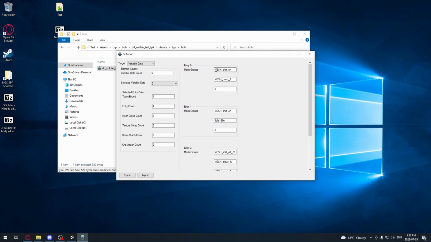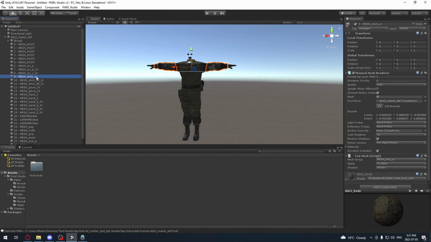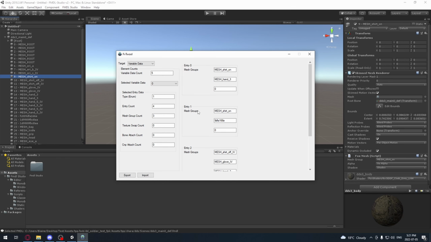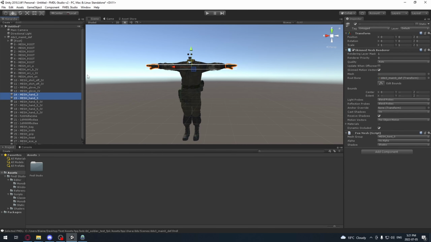So for example here, this one is showing mesh shirt on, mesh hand 3, and this is just a blank entry. It uses 0 for those. So if we look at the model, it's turning on this mesh group as well as the one that covers these 2 meshes,